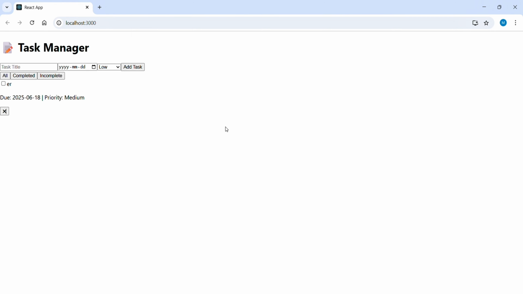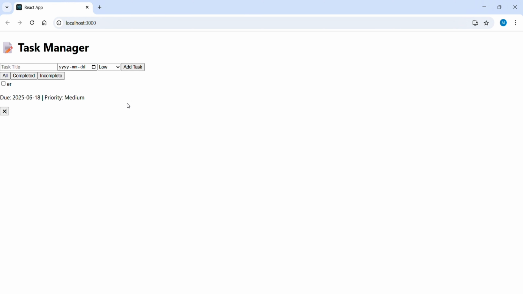and task completion tracking. So here you can see the key features like you can add the task with title, due date, and priority, and form validation to ensure tasks have essential details, auto-generated unique ID and completion status for each task, responsive UI with clean minimal design using Tailwind CSS, and I have used persistent storage.